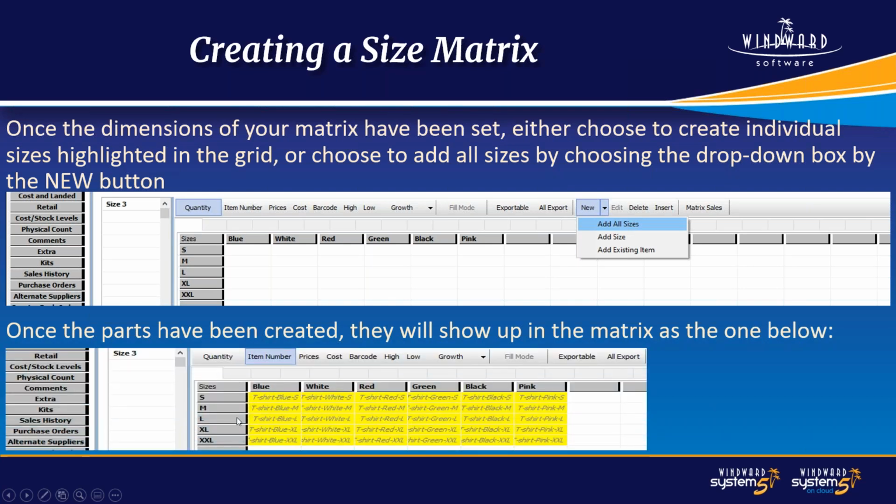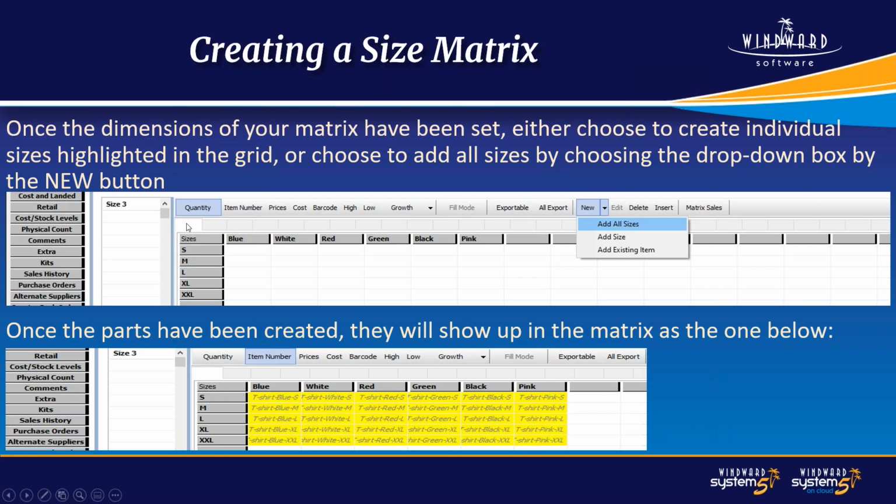For this example, the part number on this is t-shirt. For the numbering, it has the part number, dash, the top panel, which is the color, blue, dash S, which is also the size. As you can see, it's yellow, so that means that it was created. And for a three-dimensional